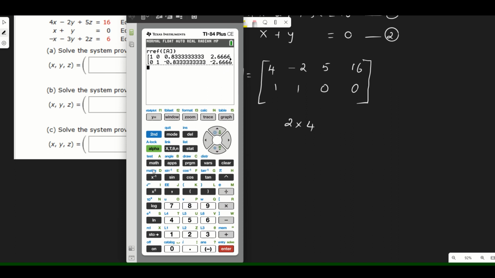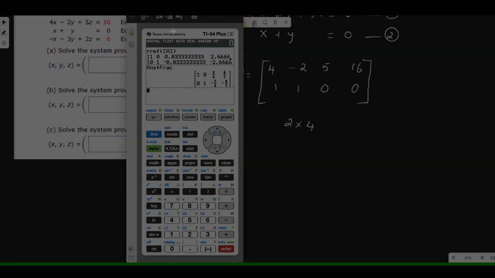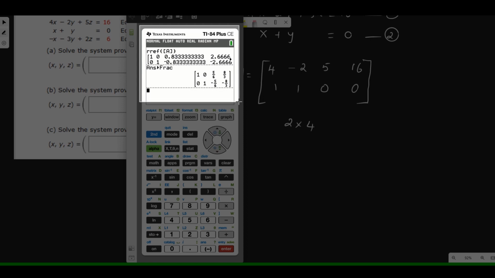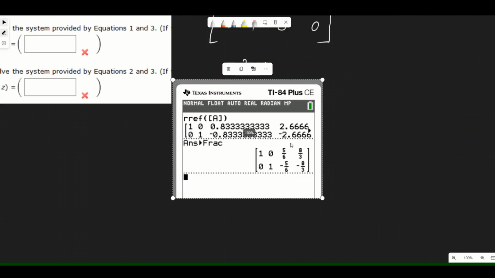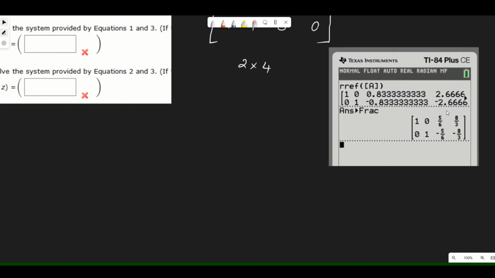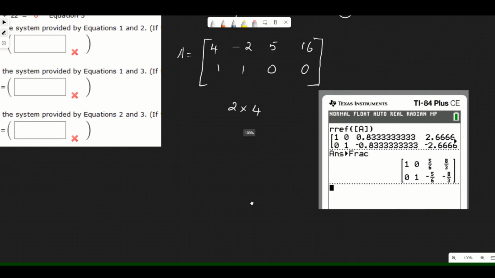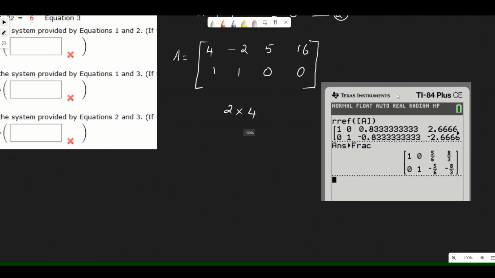So click math, select math. Under that, the first one says fraction. So I want my answer to be in fractions. Select fraction and enter. So all your values will be given as fractions. This is what you are getting, the reduced row echelon form of this given matrix, if I have entered it